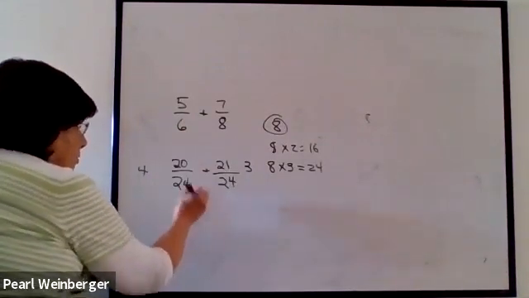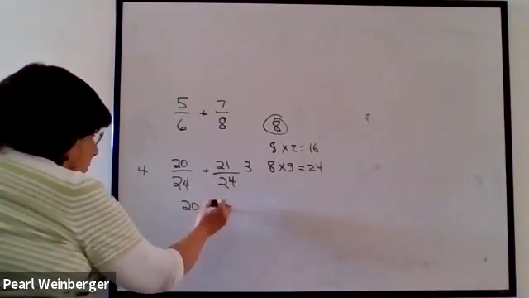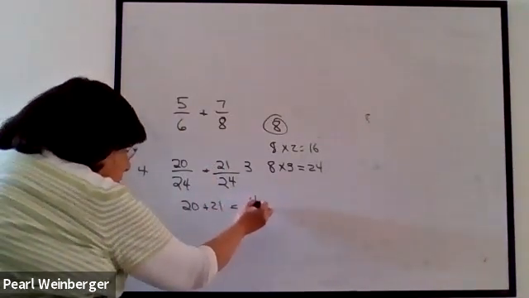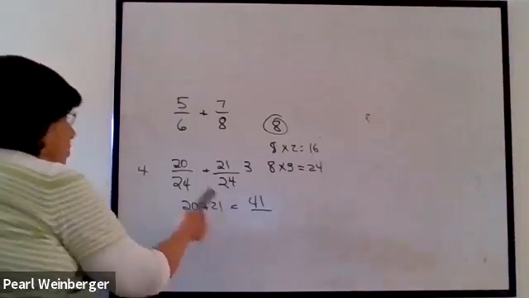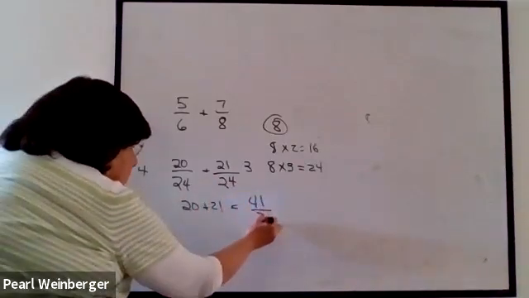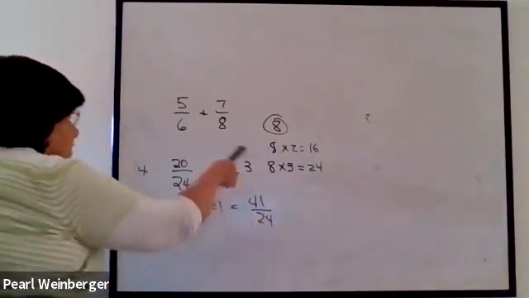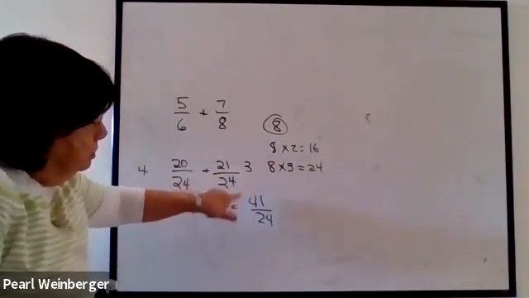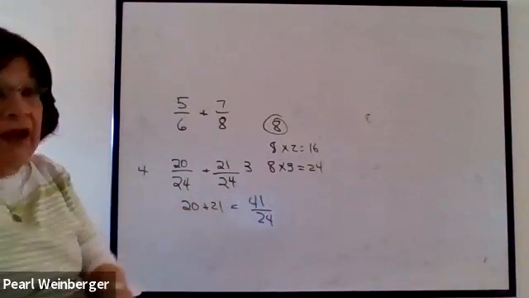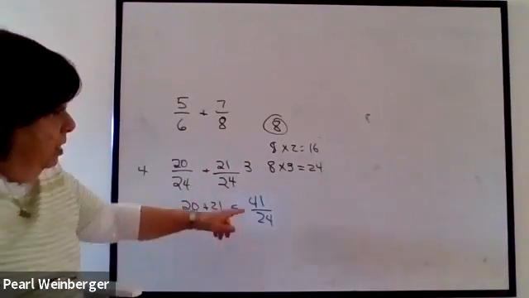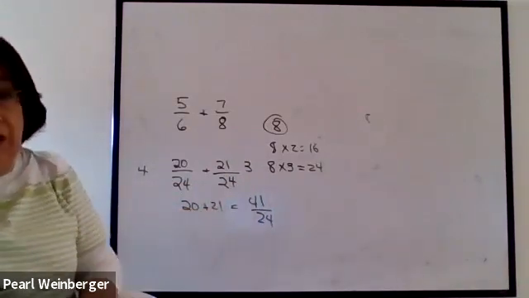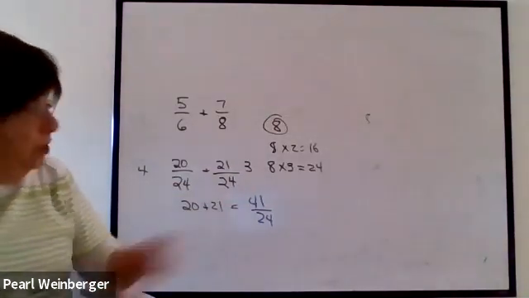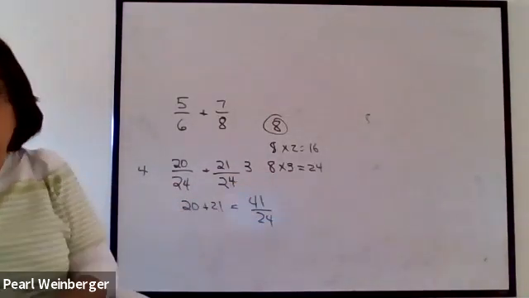I take the numerators. This is a plus, so I'm going to add them. 20 plus 21 will give me 41. And I put that over the common denominator. Notice I've only worked with the numerators. And then I try to reduce this fraction. If you notice, it's not reducible because 41 happens to be a prime number. There's nothing that goes into both 41 and 24. So this is my final answer,